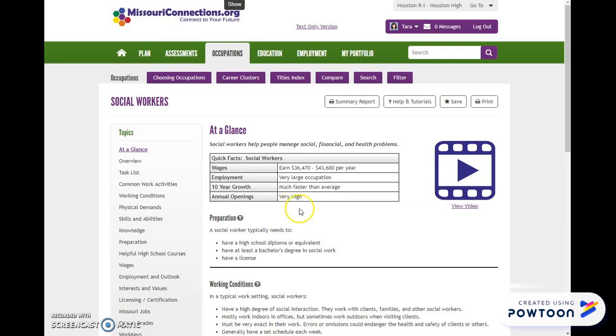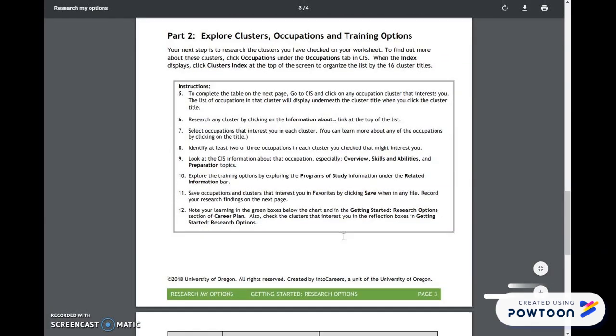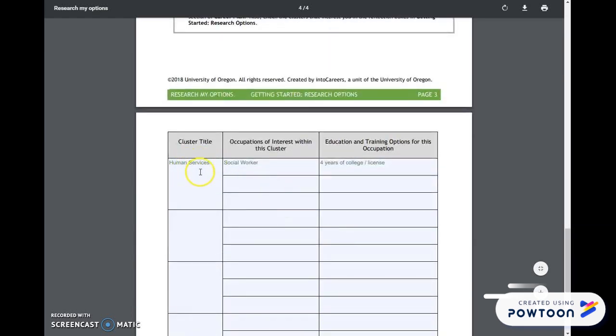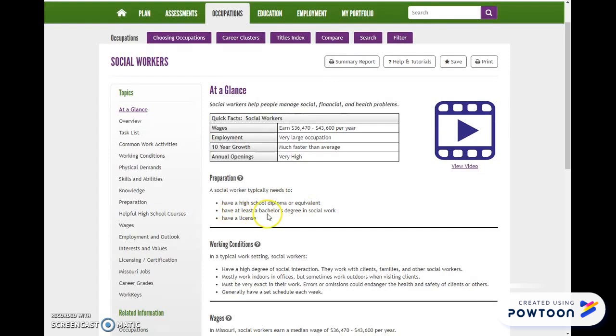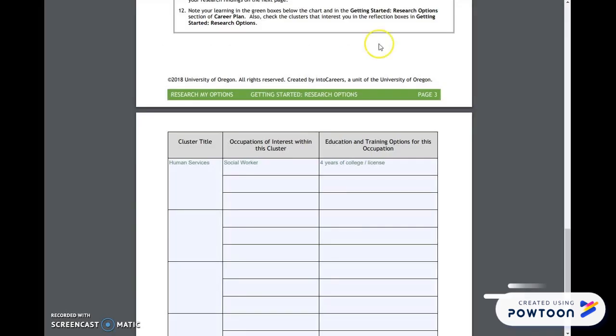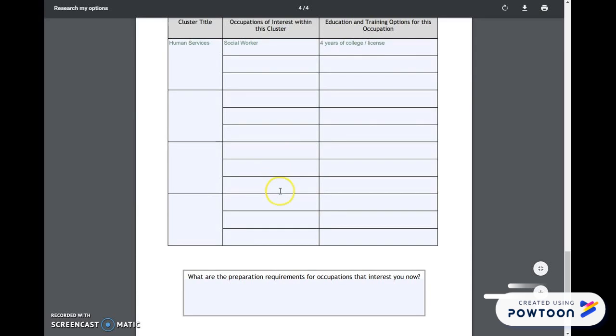I'm looking through here, and some of the things when we go back to our worksheet that we're going to have to fill in later, as we go down here, is, for example, human services. The occupation I'm interested in that cluster is social work. I may be interested in a few more. Then it asks me the education and training that's required. So I have to go back to that page, and I look here and it says high school diploma, at least a bachelor's degree in social work, and have a license. So I will head back over to my worksheet and I'll fill that in. Okay? So you want to do all of those things for the clusters that you're interested in, and